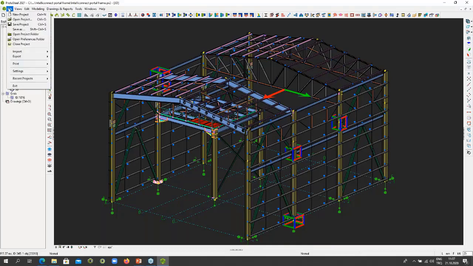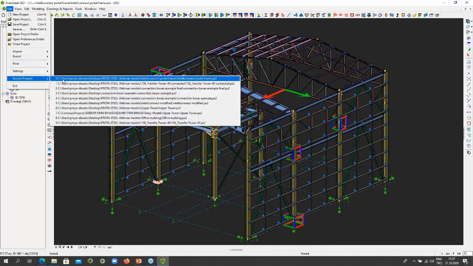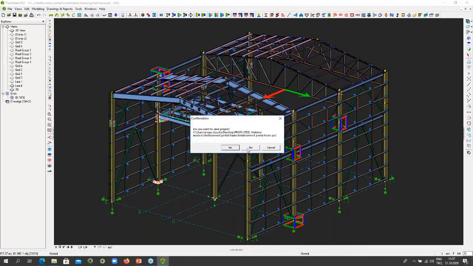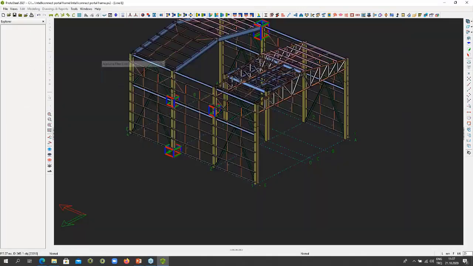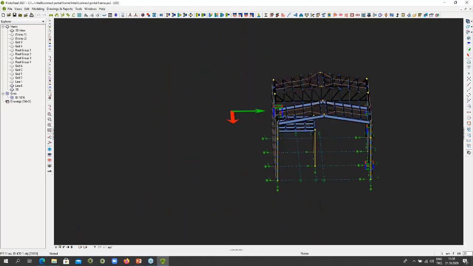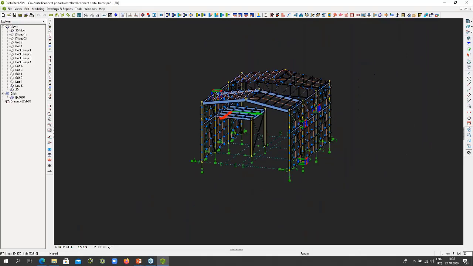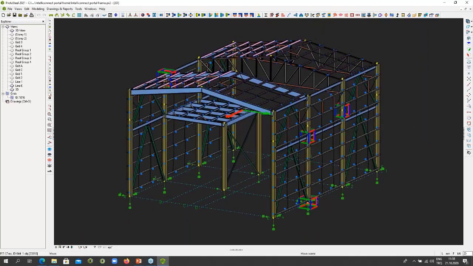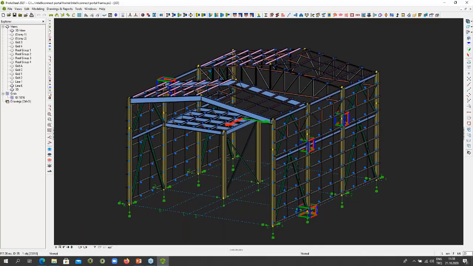Now, let me just start this again before I go into the next section, because I want to talk now about your connection reports. Once you're satisfied with the connections, obviously you want connection reports, connection design reports. And here we are talking about